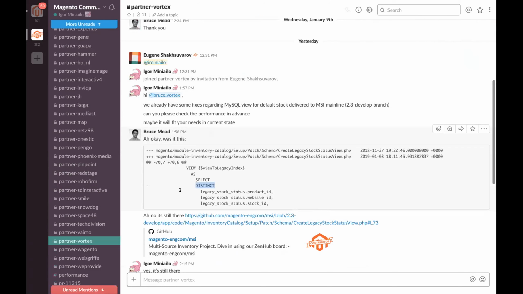But in fact, this fix definitely could be applied for the community edition, so if you make an MSI customization, you can make your own customization and remove this distinct and proceed with the MySQL view without it. So that will definitely work for you. But on the level of the framework, we can't do this, because removal of the distinct will break our